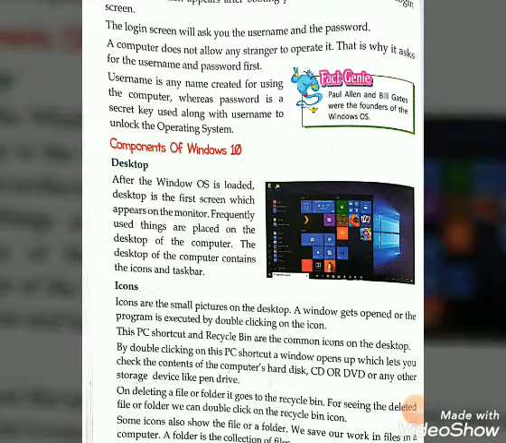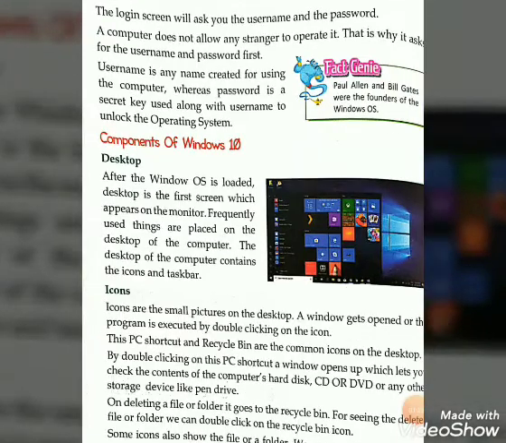First one is desktop. So these are the components of Windows 10. First thing is desktop. Second is icons. First we will study about the desktop. After the Windows OS is loaded, desktop is the first screen which appears on the monitor.